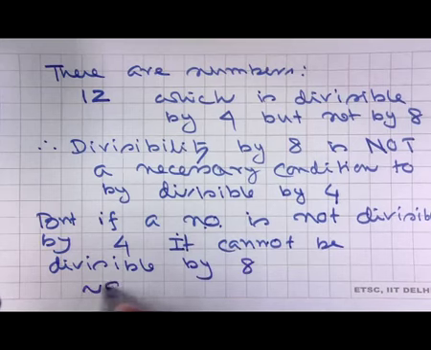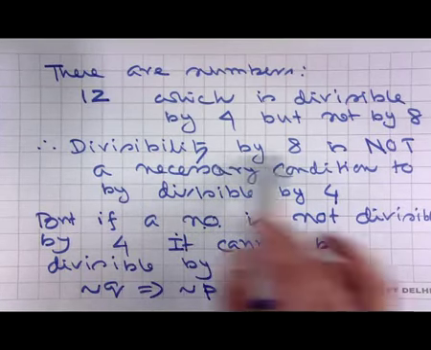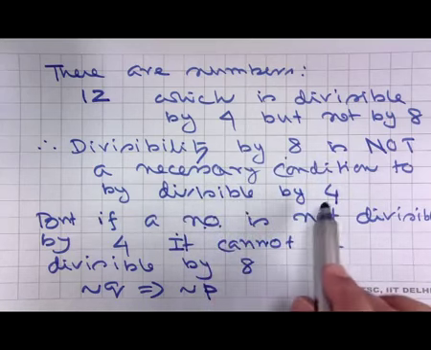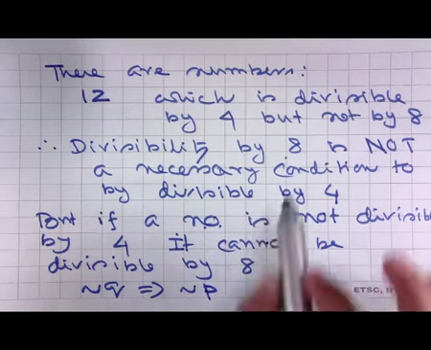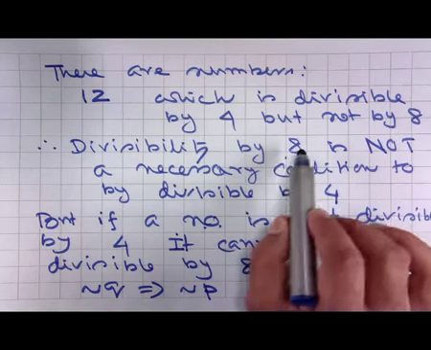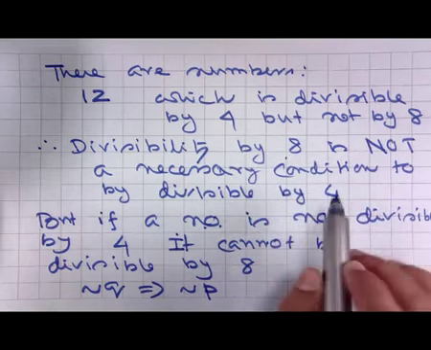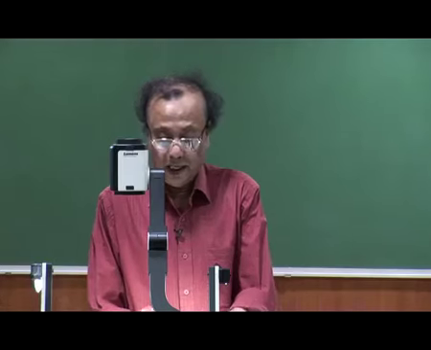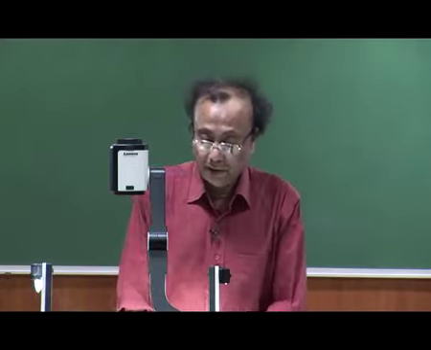Therefore, not of Q implies not of P. Therefore, as I repeat, divisibility by 8 is not a necessary condition for divisibility by 4, but it is a sufficient condition. If some number is divisible by 8, then we are sure that it is going to be divisible by 4 as well. So, that is the interesting idea behind implication, and based on that we have to construct the truth table for